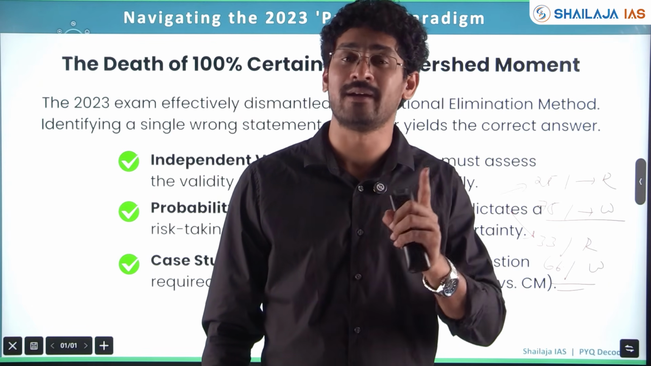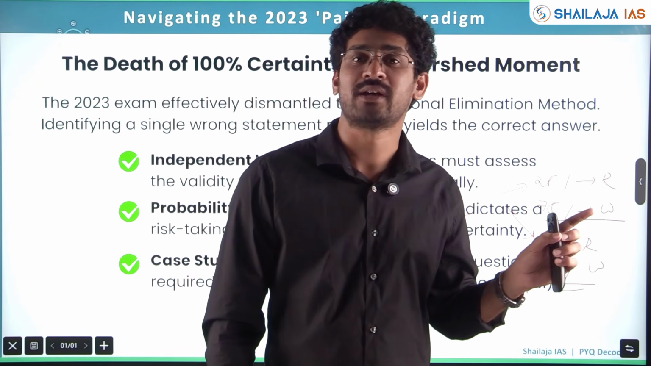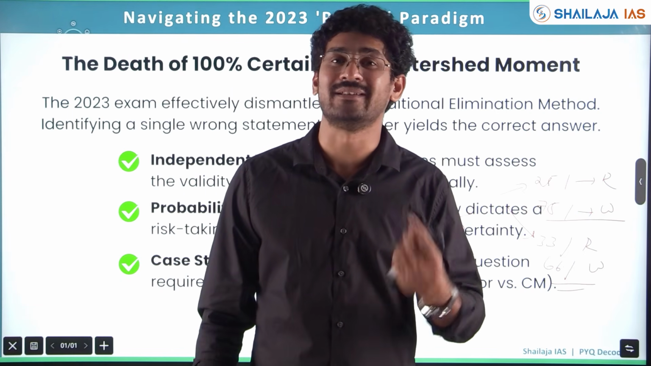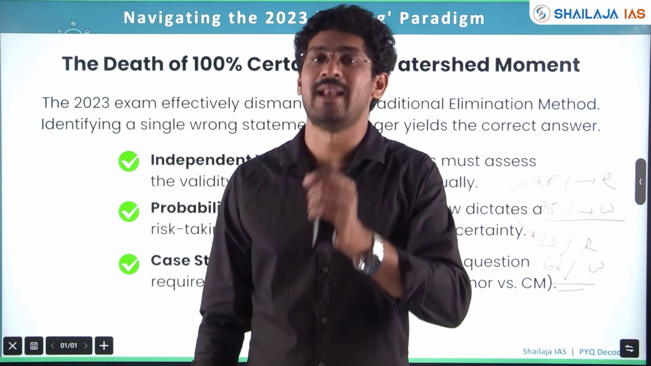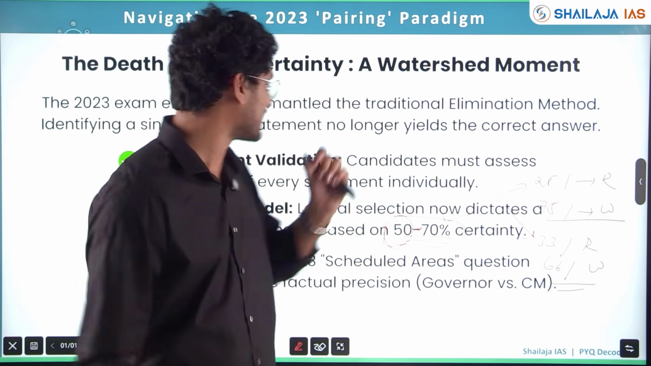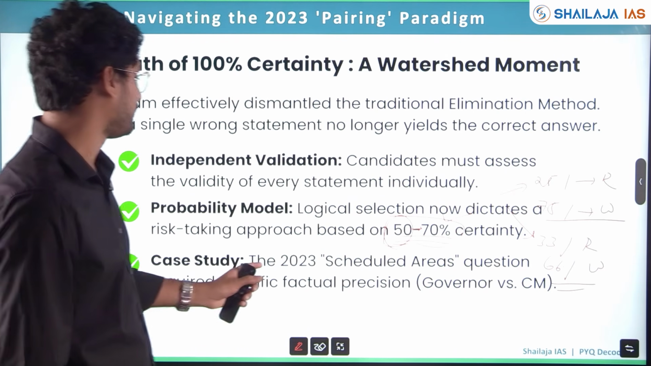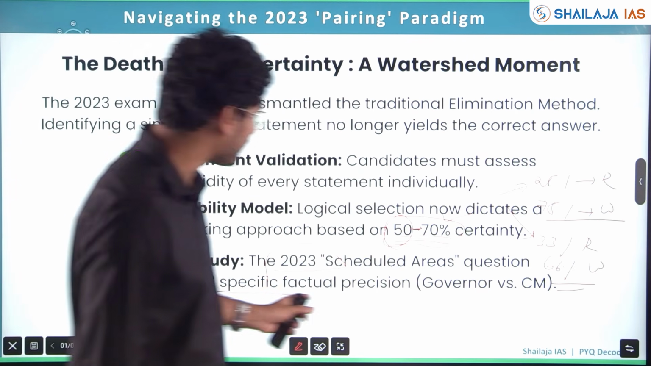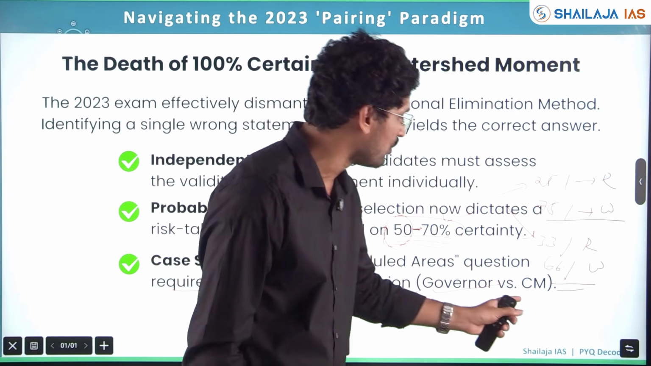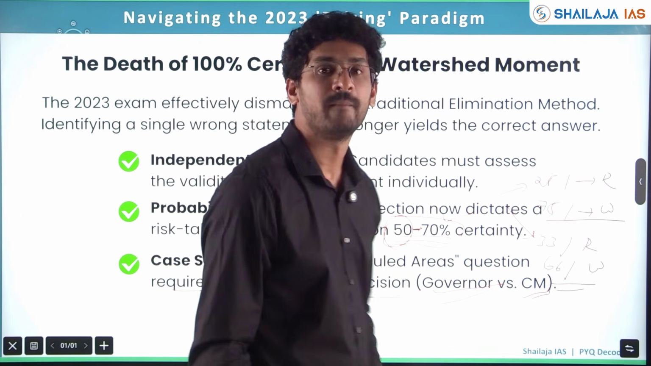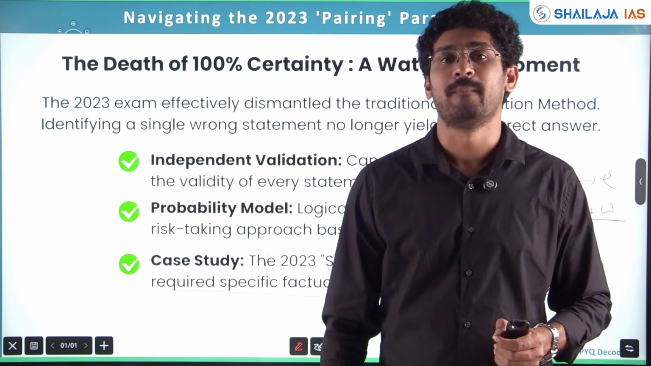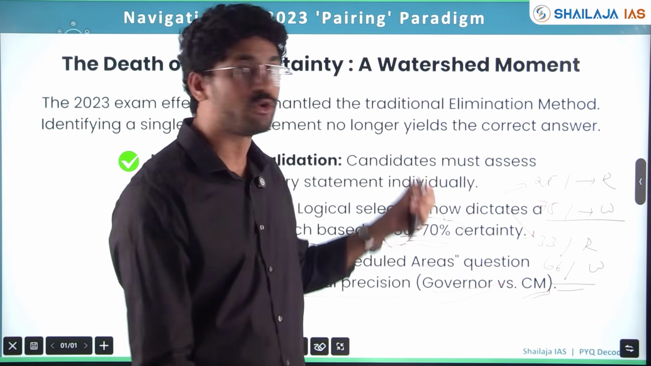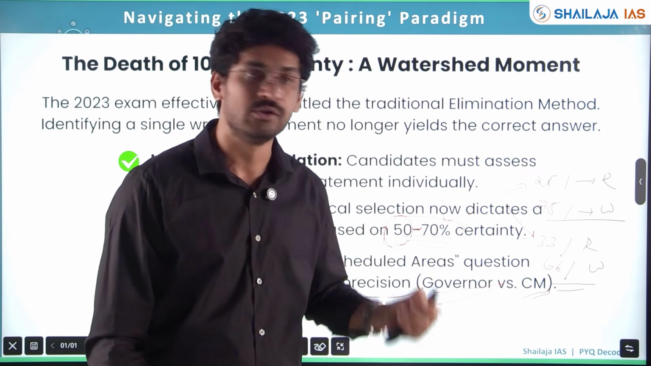That will give you the trend, the evolution, and the subject-wise doing of PYQs will give you the important themes, important clusters, the language of how questions have been asked. So, for example, the 2023 Scheduled Areas question requires specific factual precision of what the Governor can do, what the CM can do, and the bill. For example, if the bill is passed to the President, Article 200, Article 201, which is in the news, you